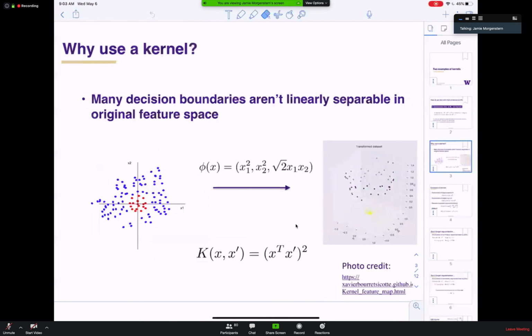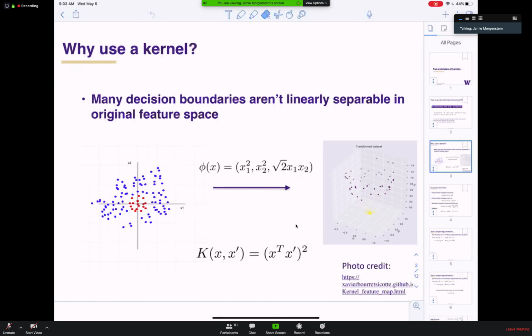Okay, so here's a simple example of a kernel. You might have seen pictures like this appear perhaps in the textbook, and if you're trying to understand what kernels are, these are some of the first kinds of pictures that show up when you do Google searches, right? This idea that maybe you have a fairly clear boundary between the points that you want to label red and the points you want to label blue, but that separation is not linear in the current representation of your data. If that's the case, okay,